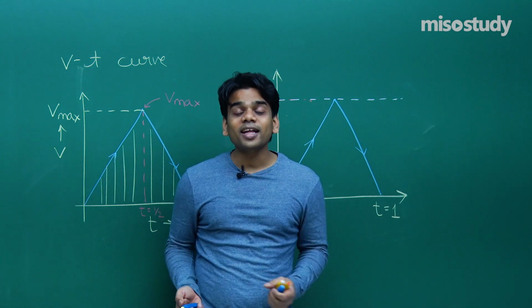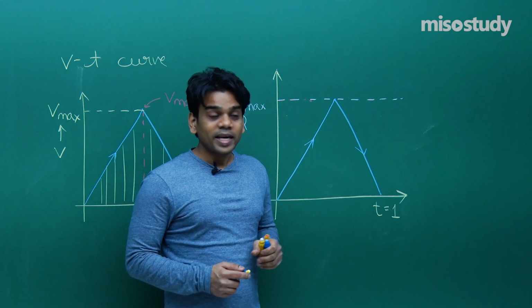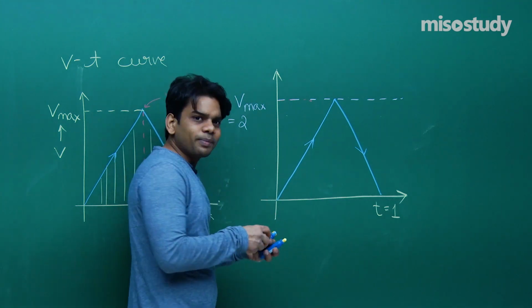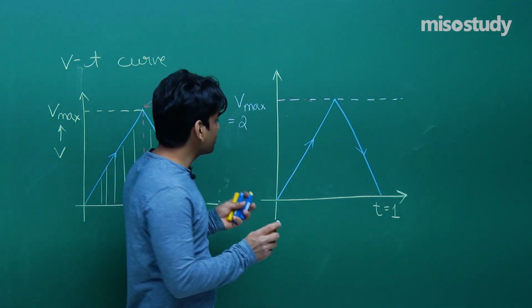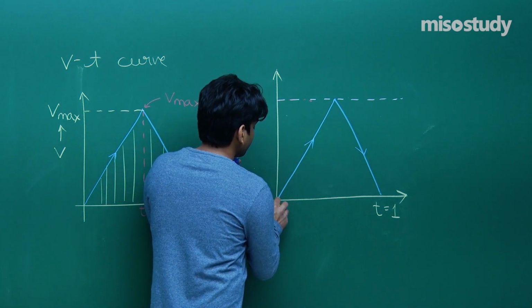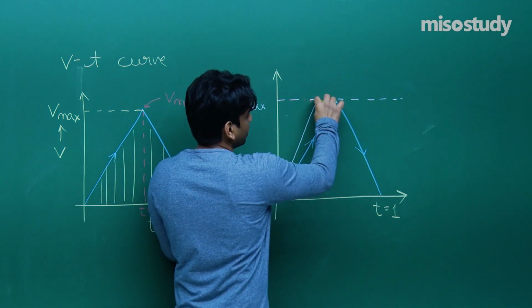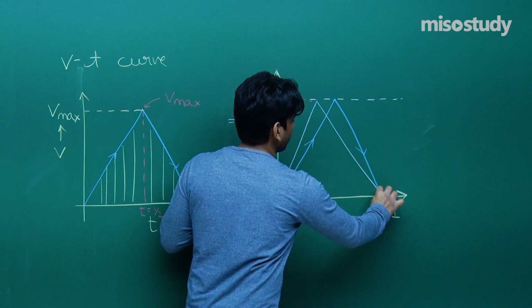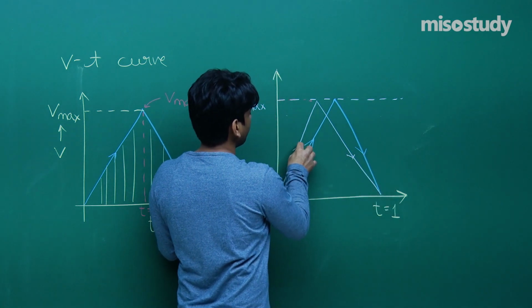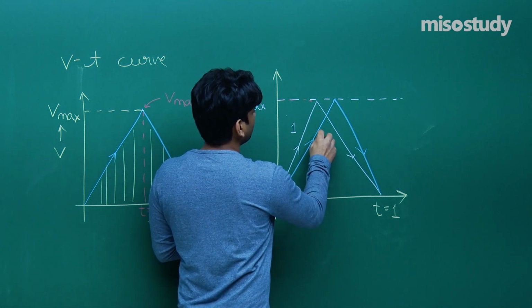Now how can the velocity deviate from this curve? We know that the maximum velocity is 2, that is fixed. Now you see here, I'm going to draw different curves that could be a possibility. The velocity may increase till here for some time, and then the velocity decreases for the rest of the time period. This curve can also be a possibility. Let me call this curve 1. Let me call this curve 2.